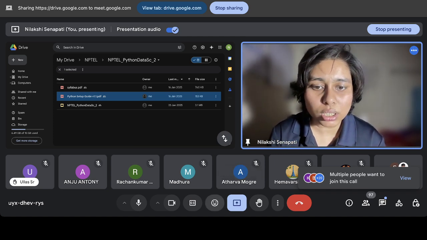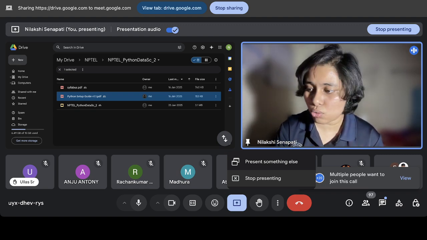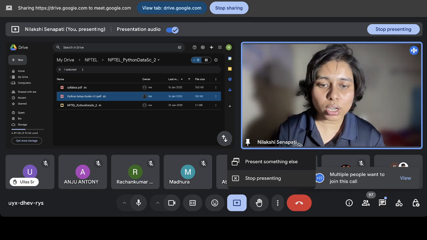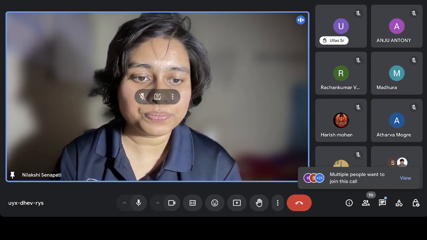Now I'll go to Google Colab, because whoever does not have a nice system and nice access to internet can also do coding by utilizing Google Colab. For that, I will just go to